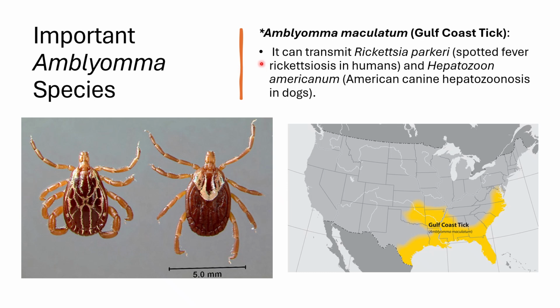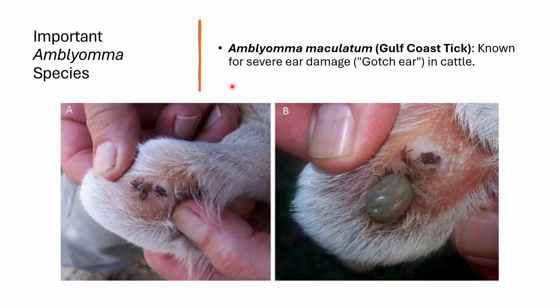Another important species is the Amblyomma maculatum, also known as the Gulf Coast tick. This tick species can transmit Rickettsia parkeri, the causative agent of spotted fever rickettsiosis in humans, and Hepatozoon americanum, the cause of American canine hepatozoonosis in dogs. Amblyomma maculatum infestations can also result in gotch ear in livestock, as shown in the diagram,